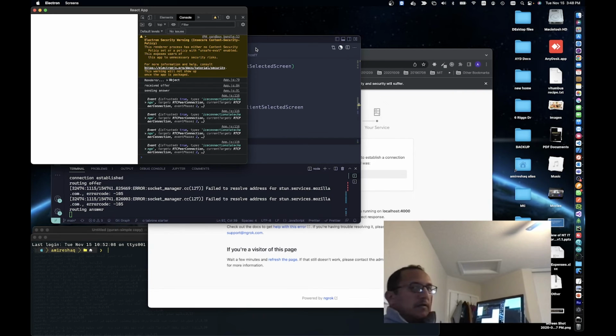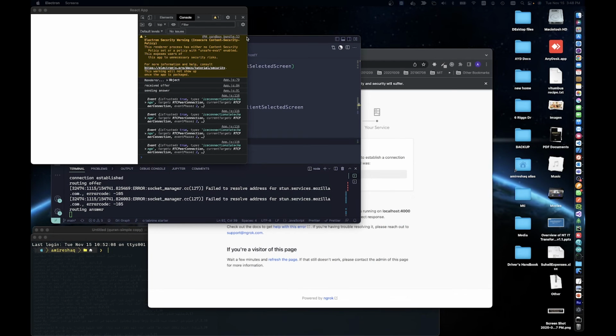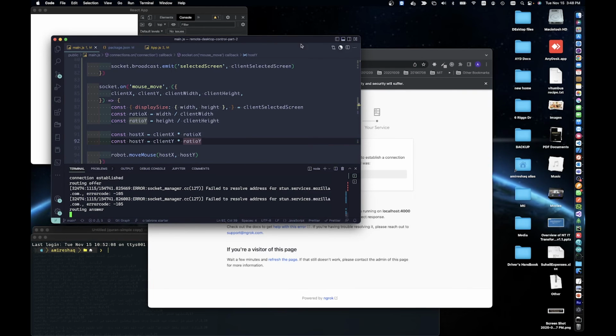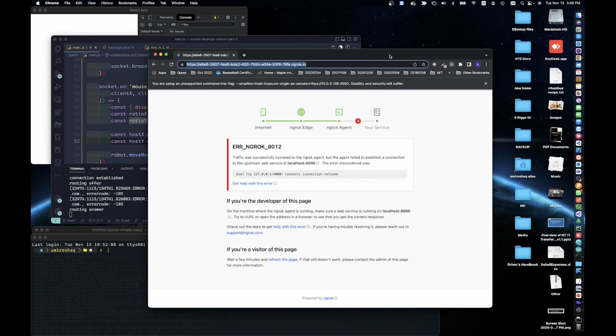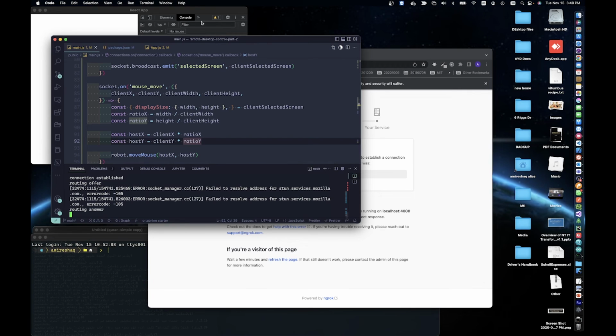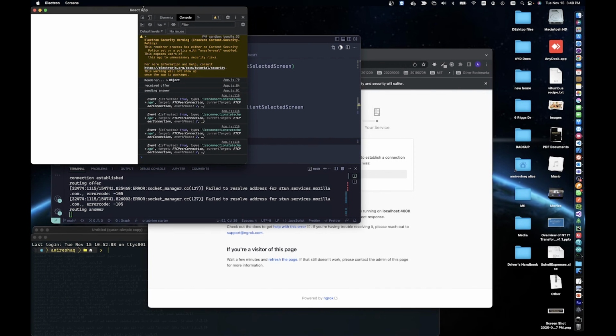As you can see, okay, I'll remove my video. I just clicked again. You can see that I'm moving around the desktop from the browser of another computer. So it's working fine. I'm now going to close the application from the other computer,